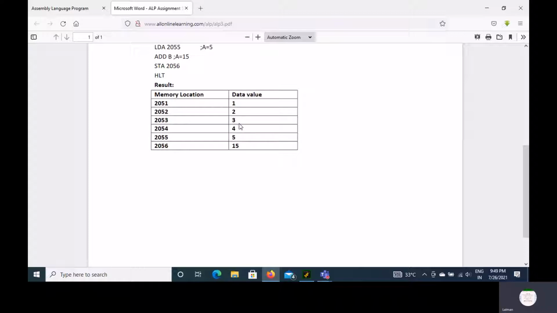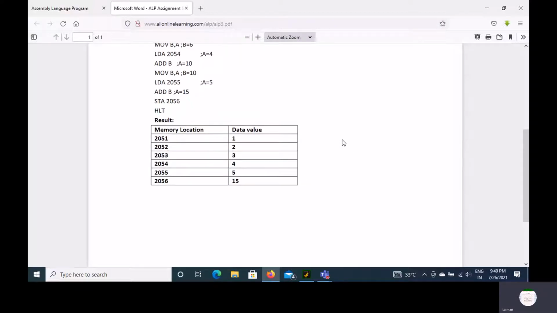These numbers may become different numbers, the same numbers, or any numbers, and we want to add these numbers and store the result in memory location 2056.